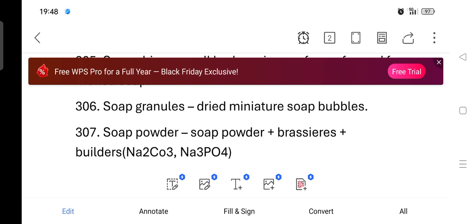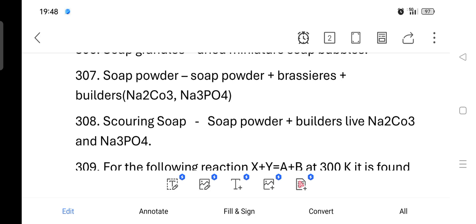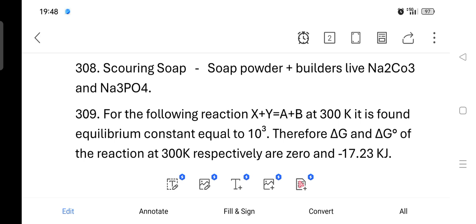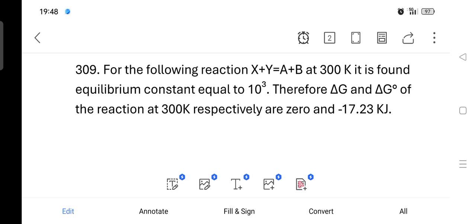Scouring soap powder is soap powder plus builders like Na2CO3 and Na3PO4. For the following reaction, X plus Y gives A plus B, at 300 K it is found